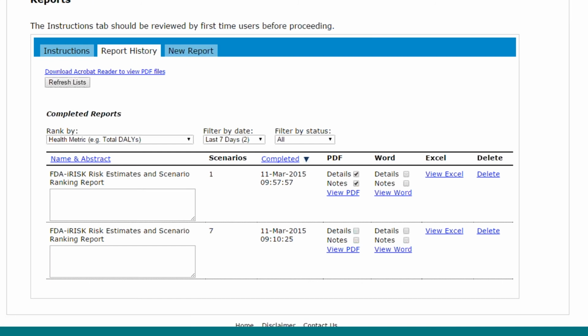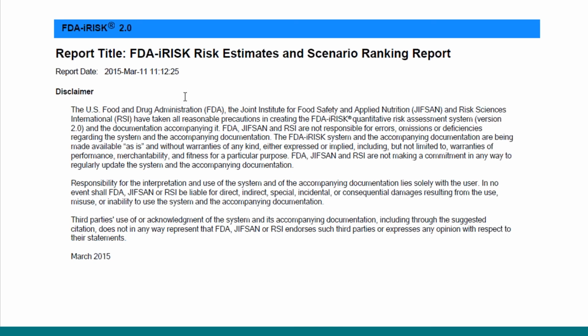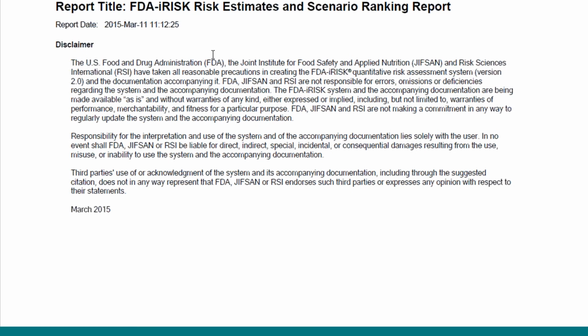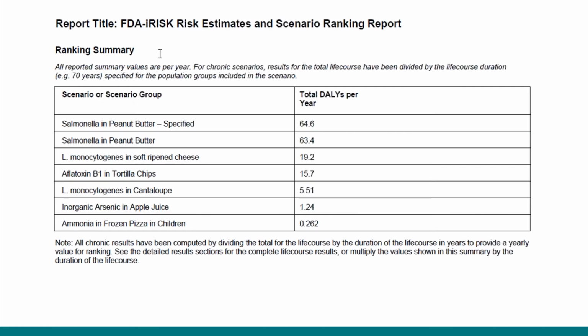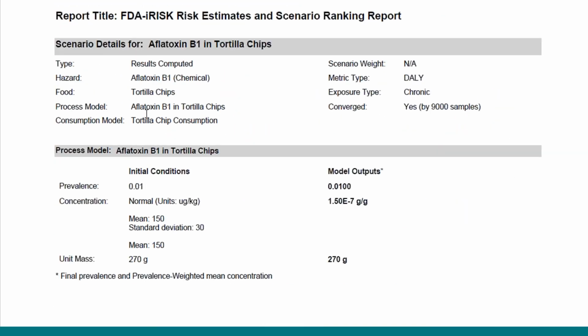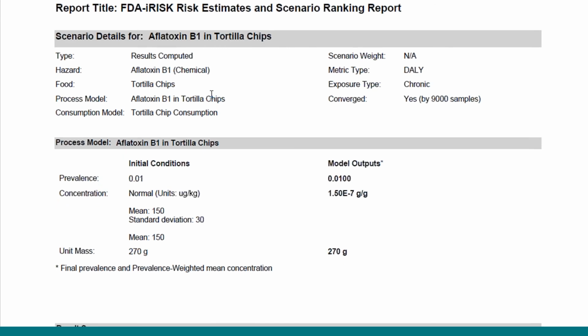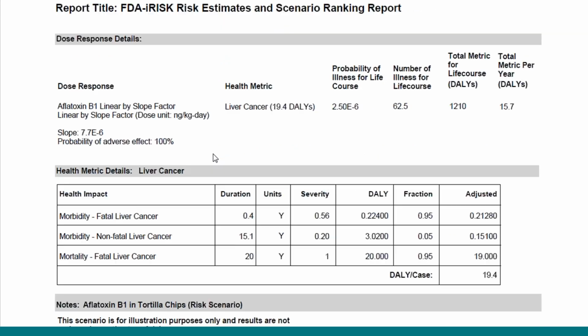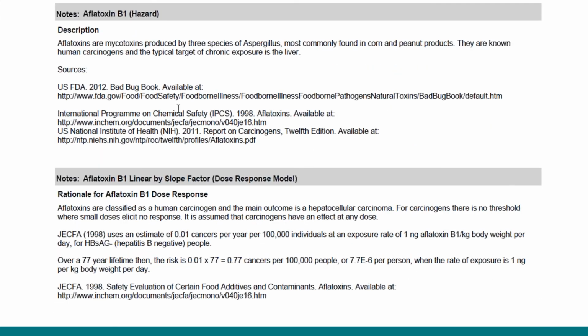If you look at a completed iRISK report, you will see that it provides a disclaimer first, but then a summary page of all of the scenarios that you've chosen to run, as well as however much detail the user has entered to describe each and every one of the assumptions required to build a risk scenario. So this user has been particularly good at documenting their work and generates 57 pages of information,